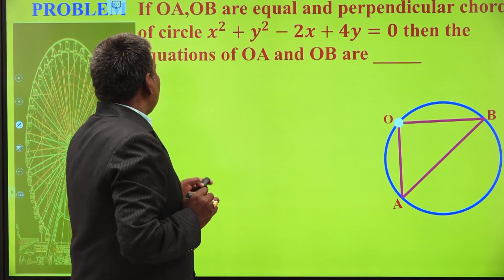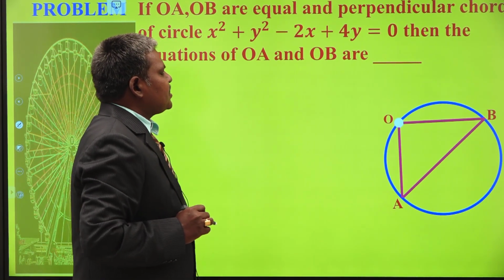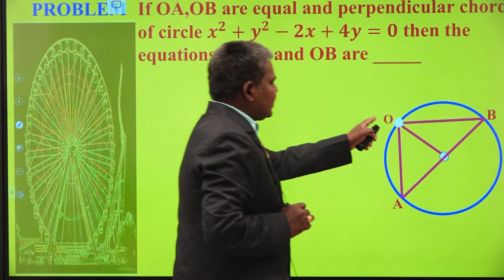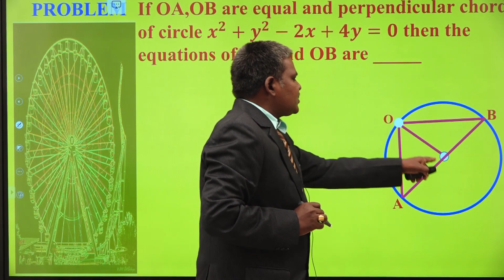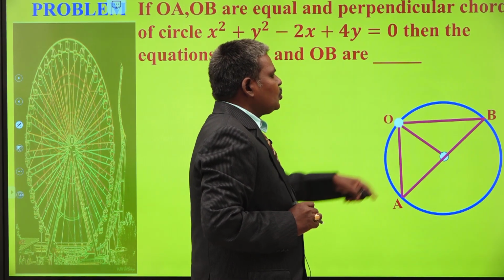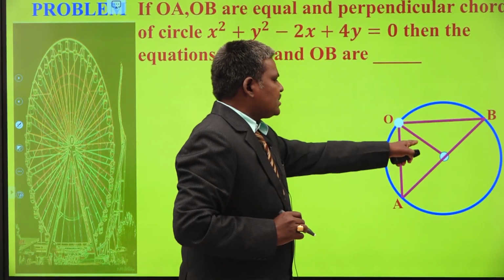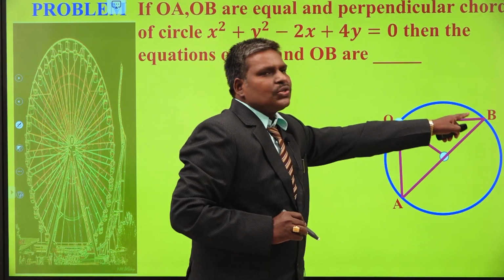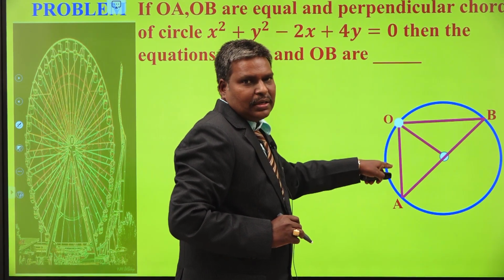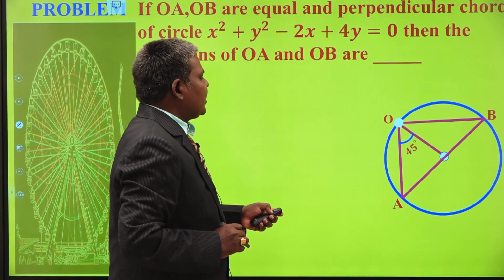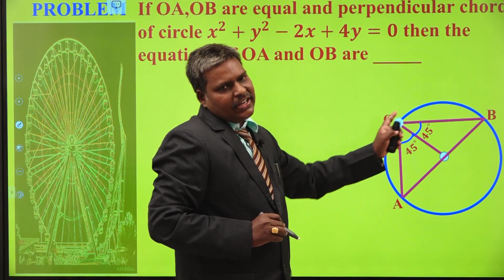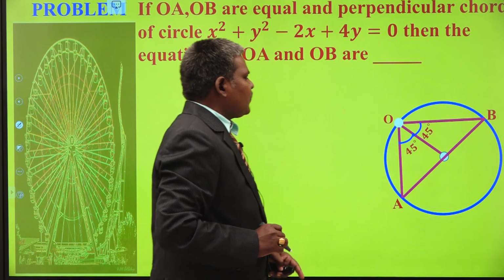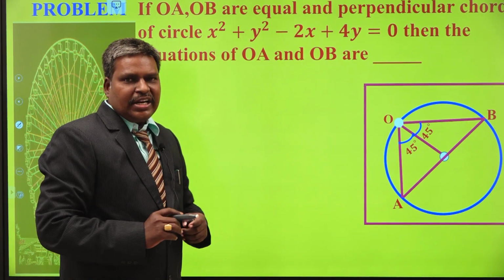Now we are going to find the equations of OA and OB. This is the center of the circle. If you join the center to this origin, what is the role of this line? It makes this angle into two equal parts, because this line is the angular bisector, perpendicular bisector and median, since this is an isosceles triangle, given that these two lengths are equal. That is why this is 45 degrees as well as this is 45 degrees. Am I correct or not? Because the entire angle is 90 degrees, divided by 2 gives 45 and 45. This is the story related to this question.